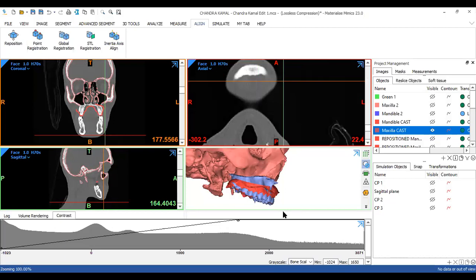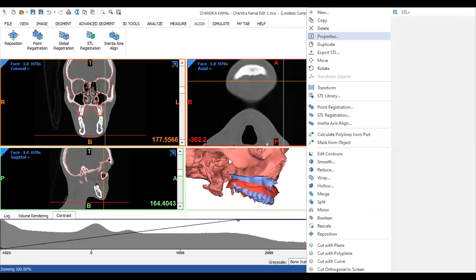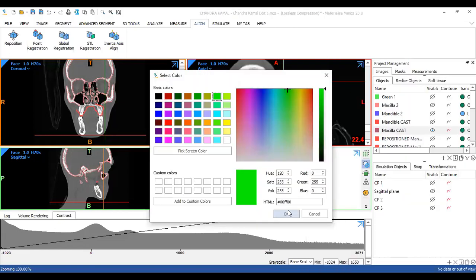How I did this was: I went to maxilla, right clicked on it, and went to properties. Then in the color section, I chose a color different from my original bone so we can visualize the difference better, right?